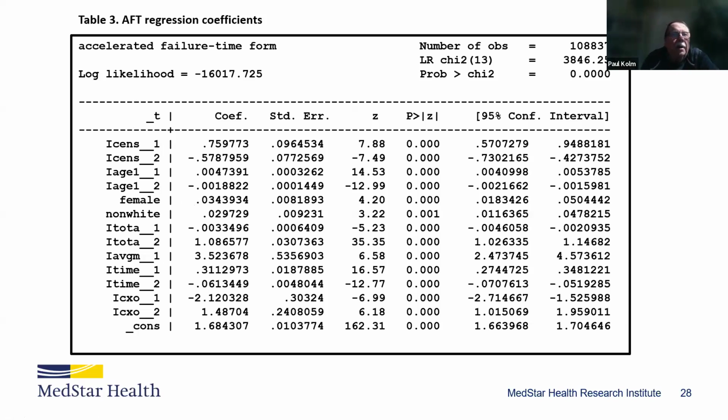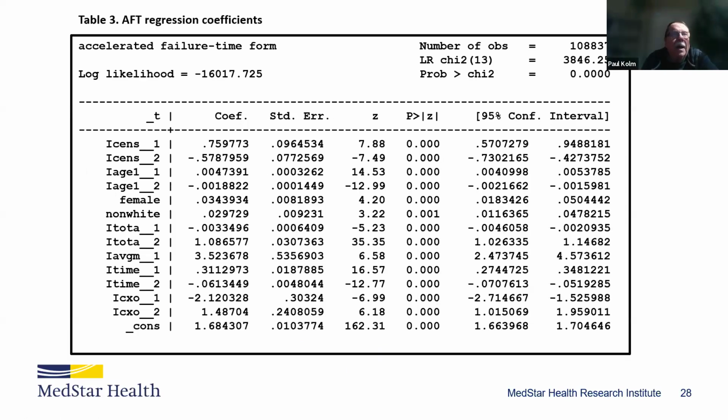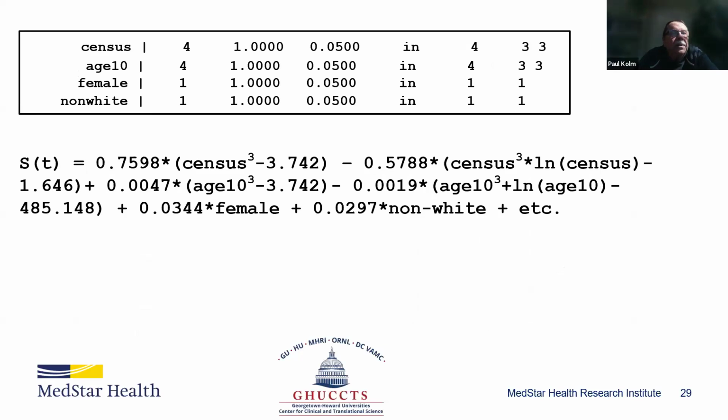So what does this look like in terms of solving our equation for our survival model? What this would look like is our survival function would be 0.798, which was the regression coefficient for census. I'll go back one slide, 0.7598. And that's times census raised to the third power minus 3.742, which was from our output that we got earlier. And then we have 0.579 times census raised to the third power times the log of census, and then minus this constant, and so on through age,